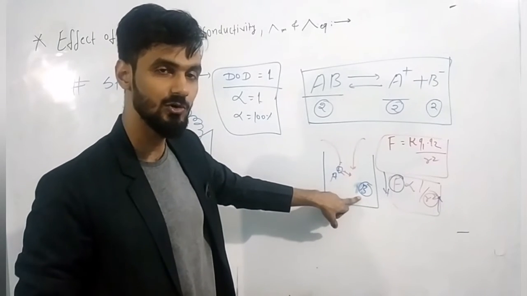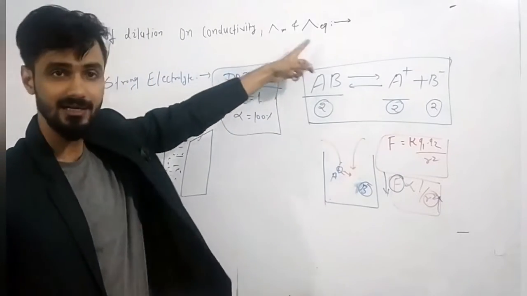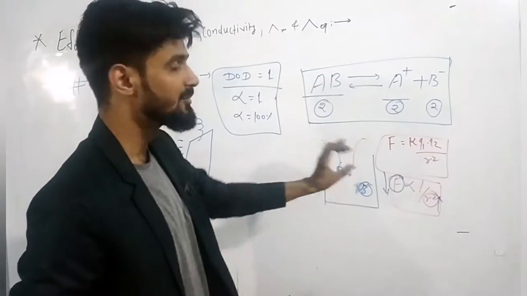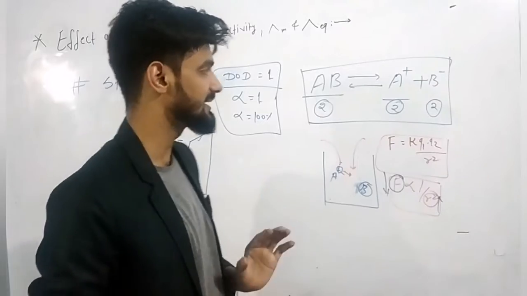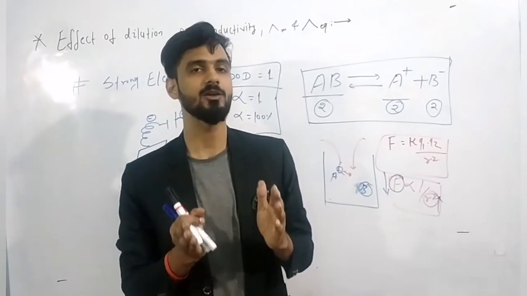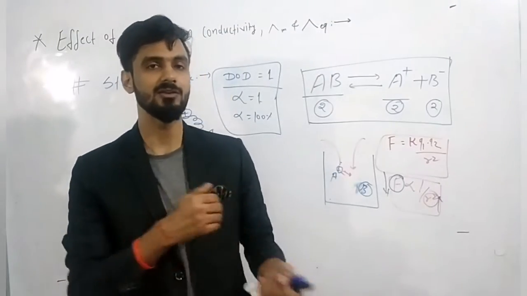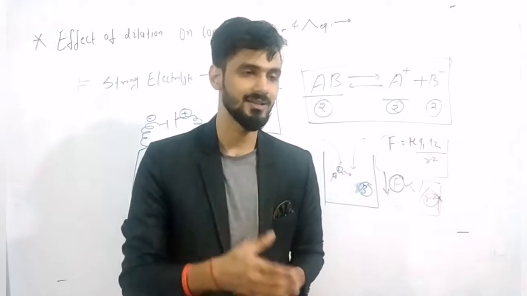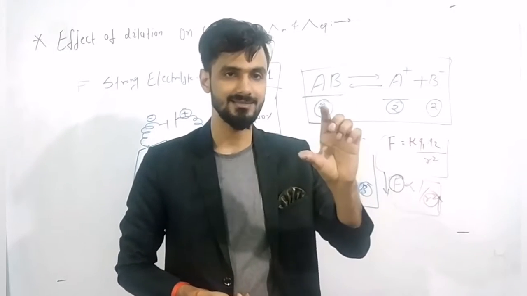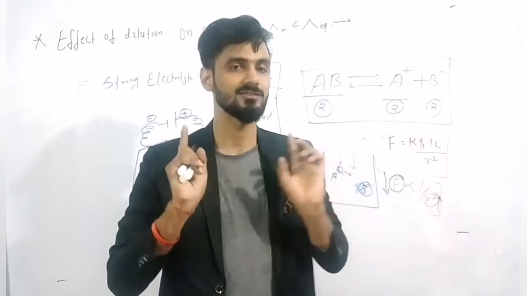Due to this, the conductance increases. Here we are discussing only molar conductance and equivalent conductance, so the molar conductance or equivalent conductance will increase. I think up to this point you are all clear how the molar conductance and equivalent conductance of a strong electrolyte increases. The reason behind that I am telling you in a very concise way. Understand one thing. If you are going to pass electricity in a strong electrolyte, the number of ions is not going to change.